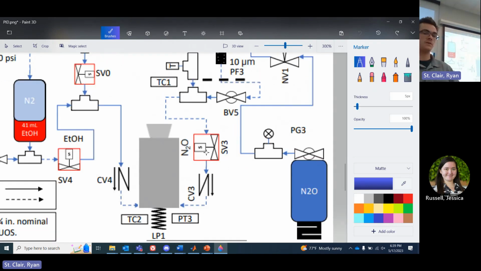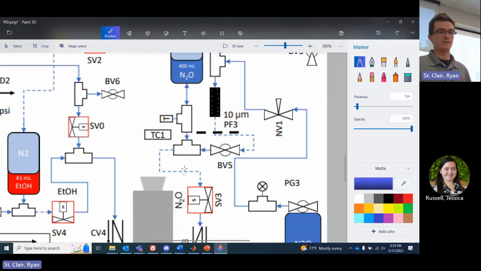valve. This control valve right here is the final say of whether there are propellants going into the chamber or not. So this is like that final cutoff. The closer you have it to that injector, the more command you have over propellants flowing into it. And if you command it to go off, getting it closer to that injector will lower the amount of time delay between when you tell it to turn off and when it actually turns off. If you start to include this further and further back in the system,